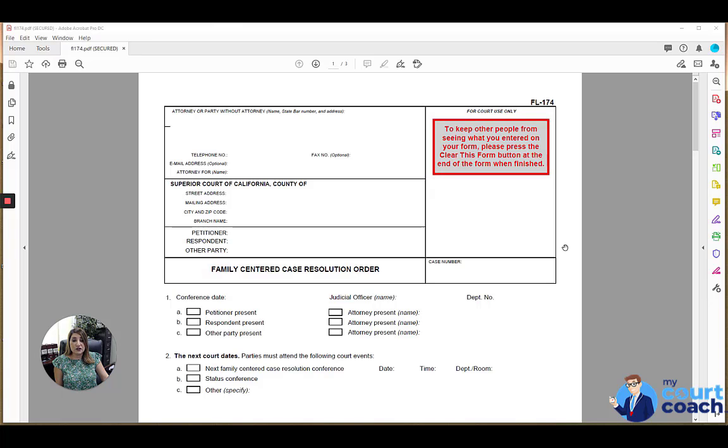Oftentimes, the procedural hearing is referred to as a family resolution conference. And family resolution conferences are set by the court to check in on a case, see what the court can do to assist in moving a case along. And sometimes at these family resolution conferences, the court may make certain orders, and they may order a family-centered case resolution plan. If they do that, they may ask you to prepare a family-centered case resolution order, which is what